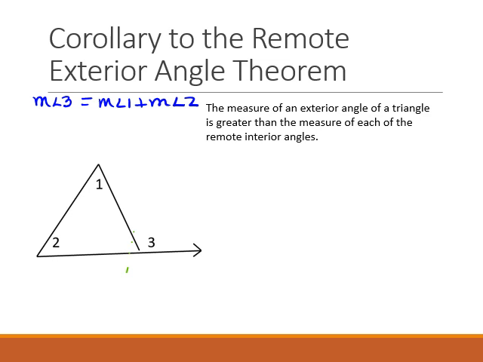Okay. Its corollary says that the measure of an exterior angle of the triangle is greater than the measure of each of the remote interior angles. So basically this says that the measure of angle 3 is greater than the measure of angle 1, and the measure of angle 3 is greater than the measure of angle 2, which makes sense because if they're equal,